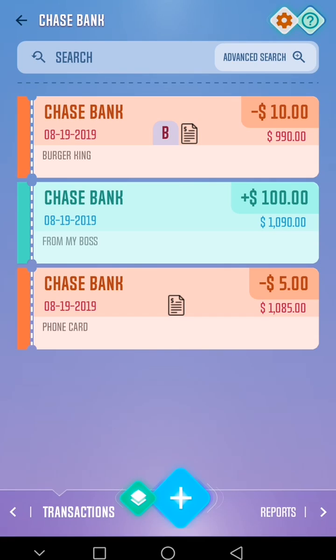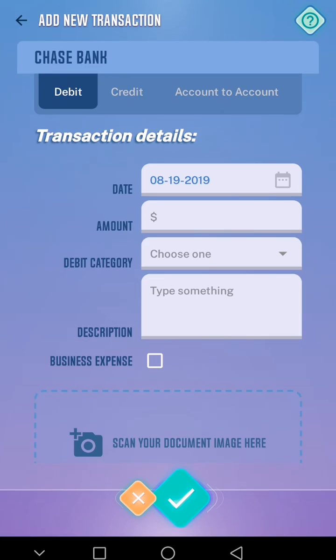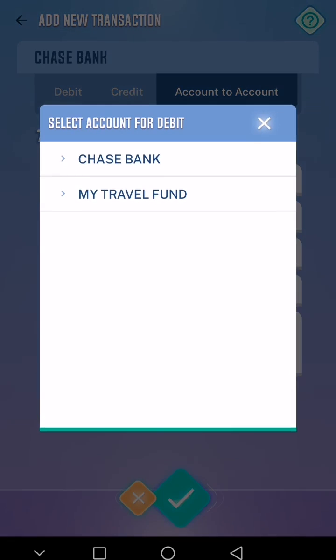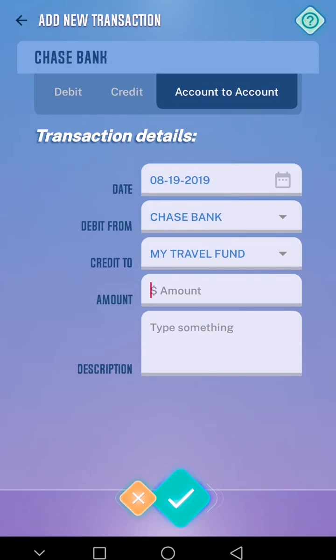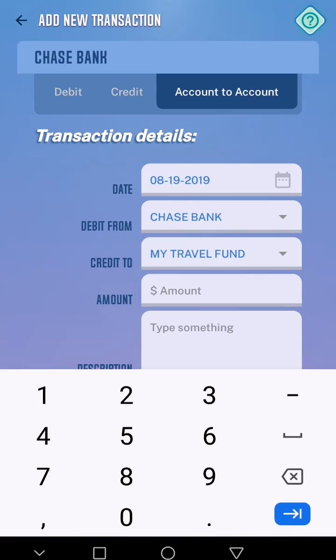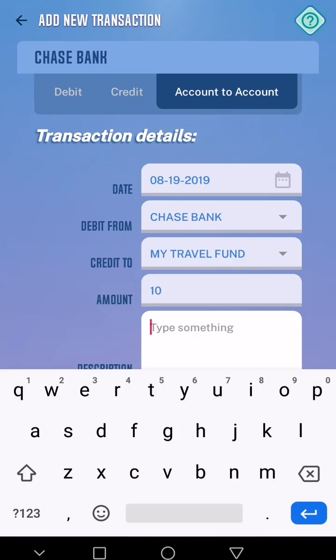And when you tap this blue button for new transaction, you also have the option, in addition to debits and credits, you can also transfer from account to account. Let's do that. Account to account, choose an account, Chase Bank, credit to my travel fund. I want to convert $10 to euros. Gonna travel to, let's see,